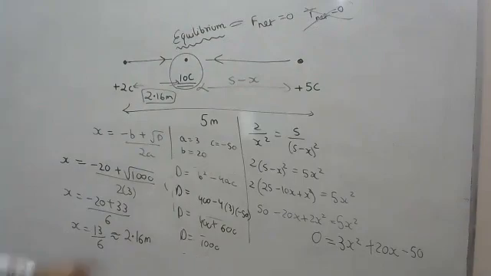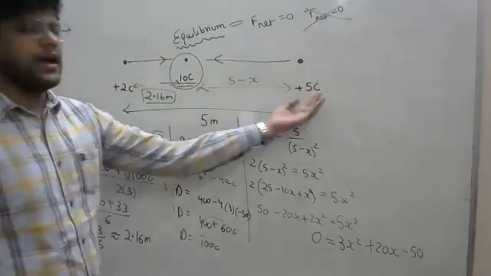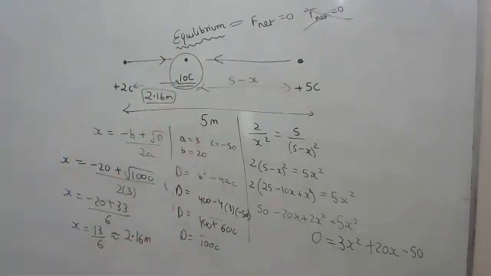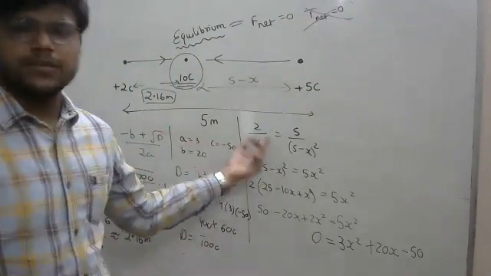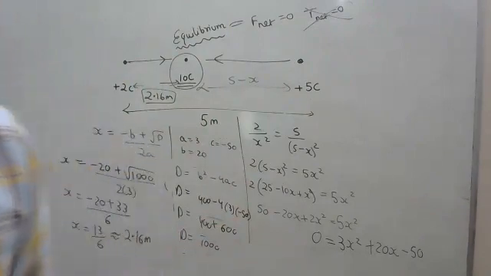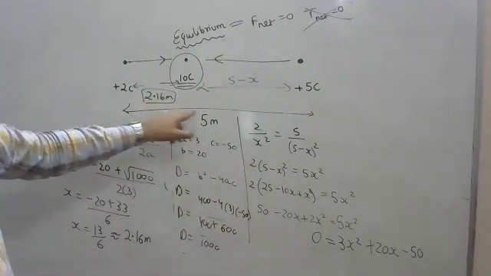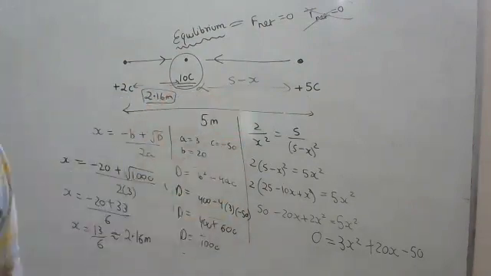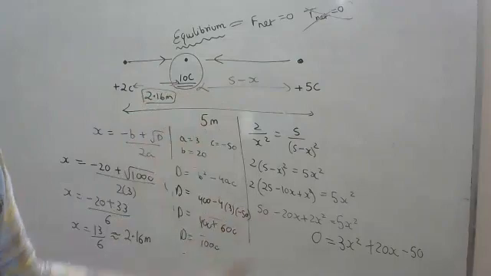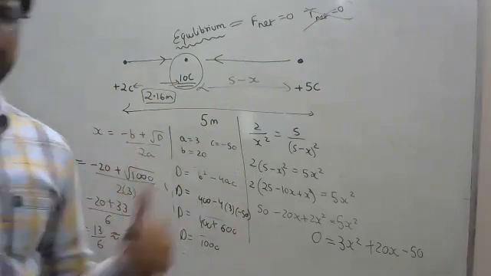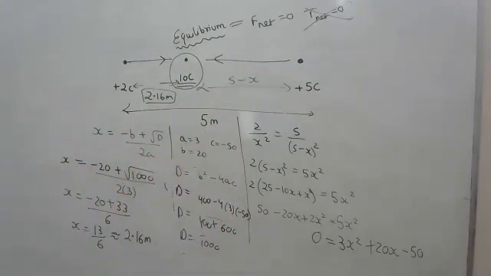So what I did, I applied Coulomb force between them and equated them. I kept them equal and cancelled out whatever terms I could. I simplified, and the final answer of x is 2.16. So this distance is 2.16, and this distance will be 5 minus 2.16. You want to find the position such that the 10 coulomb charge has no net force. This kind of question is not even in the textbook, but obviously it can come in your competitive exams.